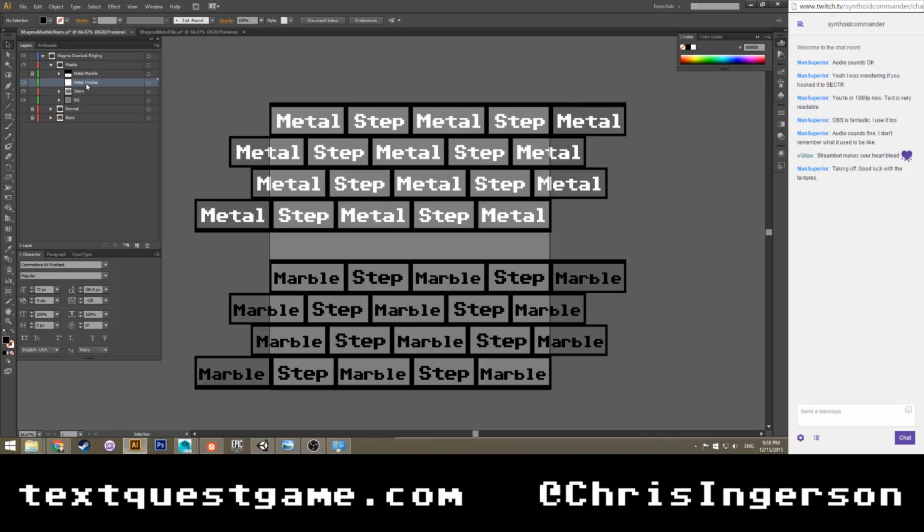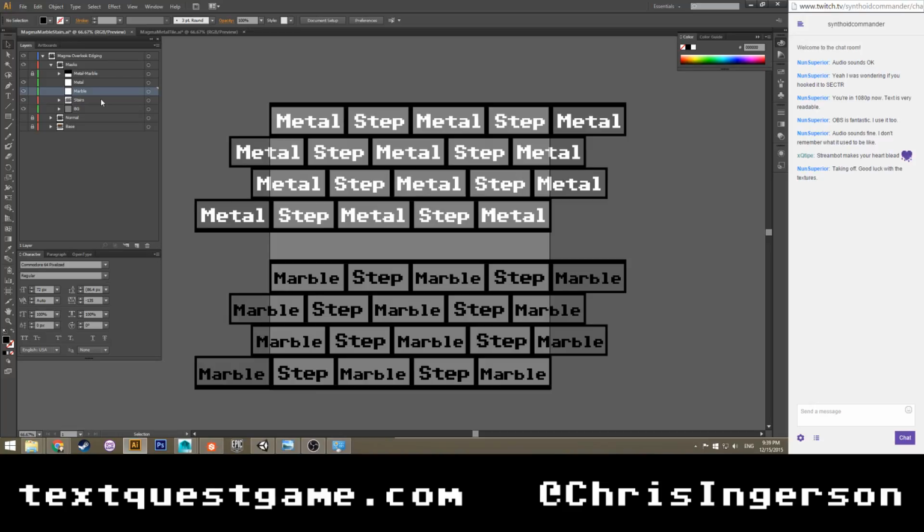Okay. Maybe I'll just call this metal. And I'll call this next one marble, because I don't need more than one for each, I think. Right? Because metal doesn't get a special mask for its text, since it's just supposed to be part of the original metal.